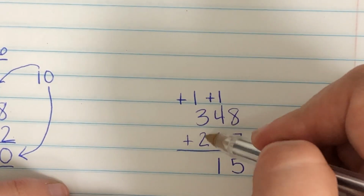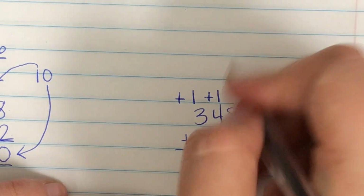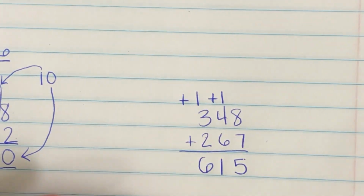1 plus 3 plus 2. 1 plus 3 is 4, and 4 plus 2 is 6. The most important thing to remember